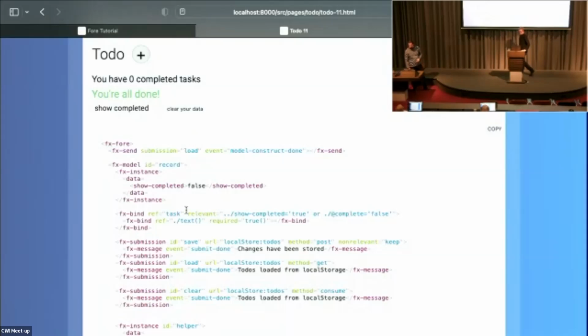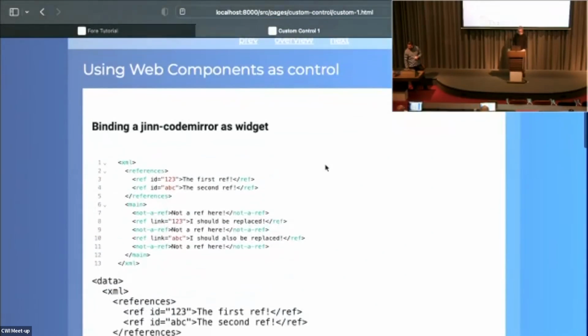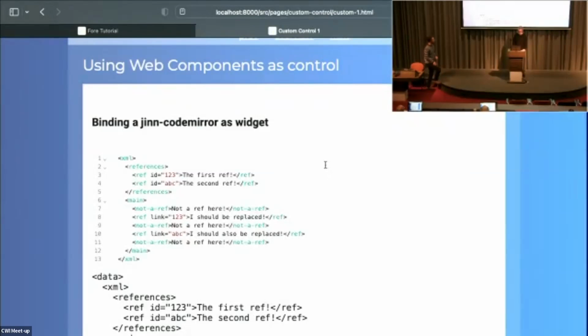Okay. You're not all done yet. We have something more, and we still have 8 minutes. And I think this would be good to use for web components as controls. Very quickly. So we talked about FX control before, and now here's an example where we are using You're breaking up. Yeah. Test. 1, 2, 1,